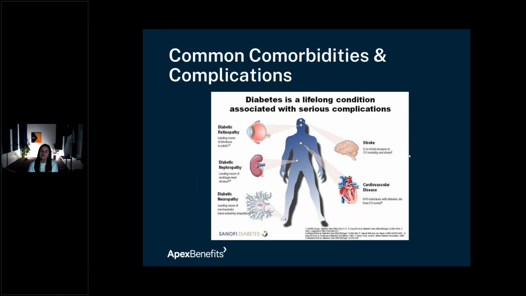Why all this happens is because when blood sugar will build up in our blood cell, what starts to happen is our nerves start to get damaged. And so you're going to see here, when those nerves get damaged, it's leading to all these other things because our blood vessels just cannot keep up with it. Also, you're going to see that 8 out of 10 individuals with diabetes end up dying from a cardiovascular related disease. So it absolutely puts strain on our heart, puts strain basically on every part of our body. So it's super important that we're taking care of ourselves as a whole.